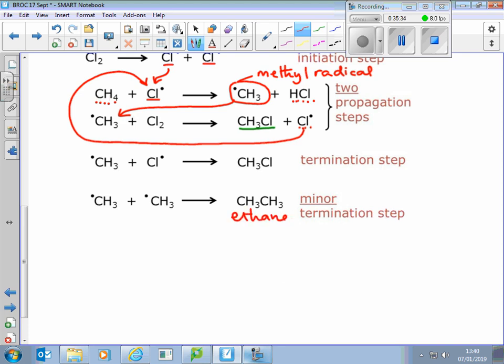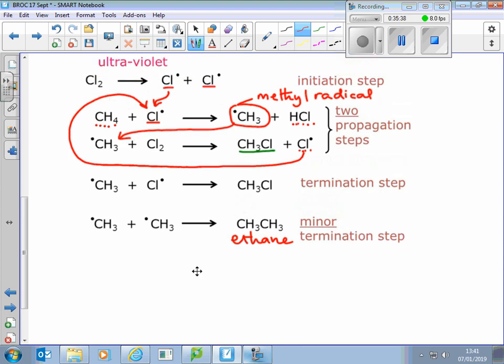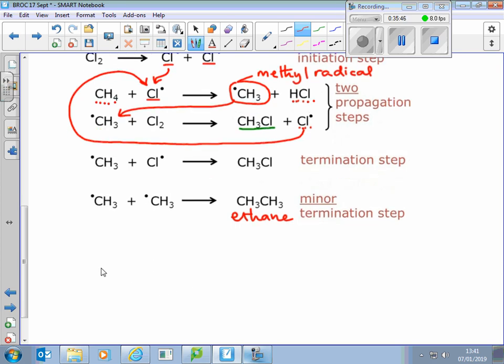Now what's wrong with this particular diagram, apart from the fact we haven't got any curly arrows on it, is there's also another termination step possible. What could that be? What if we're left with, we could have methyl radical plus chlorine radical. We could have methyl radical plus methyl radical. We could also have